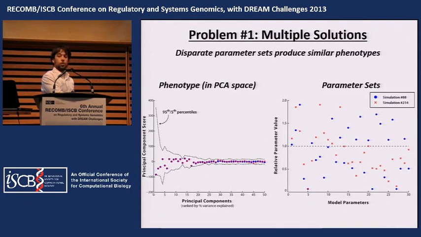Here on the right are two different parameter sets that I created randomly. And on the left is a plot showing the phenotype of these two parameter sets. You can see that the parameters of these two models are incredibly different, but if you look at the top 50 principal components, they're almost identical. The black dashed lines show the 95th and 5th percentiles for each component, and the y-axis shows the magnitude, or the score, for that component. Again, the principal components are ranked on the total amount of variance they explain across the whole population.